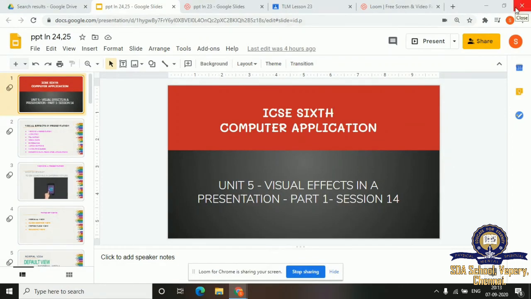Let's begin our class with prayer. Bow down your heads for prayer. Close your eyes and bow down your heads. Let's pray. Lord Jesus, my students should understand what I'm going to teach, Lord. So give them the wisdom to understand my teaching. Lord Jesus, I also ask that you show your grace for me to teach the lesson in a proper way, in a perfect way, without any fault.